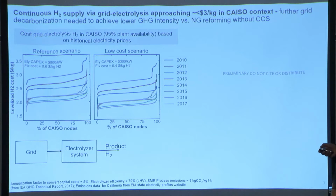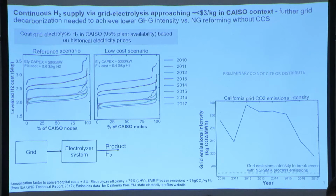So for a reference scenario, the levelized cost of hydrogen, depending on the cost of electricity, is anywhere between $2 to $3 per kilogram of hydrogen. And for the low-cost scenario, we are looking at $1.6 to $2.5 per kilogram, depending on the different CAISO nodal prices of electricity. But when we use the grid, the carbon emissions of producing hydrogen are quite